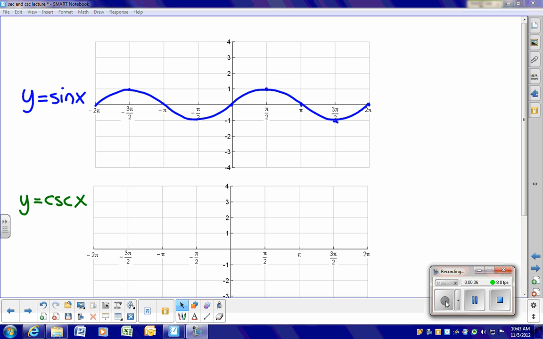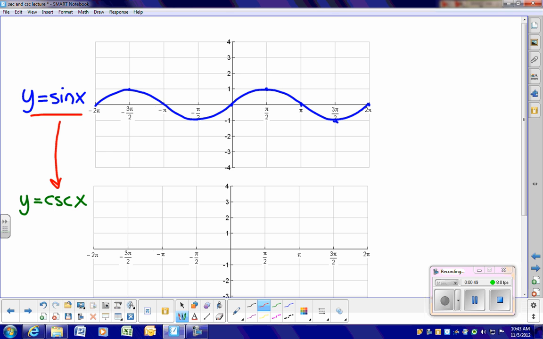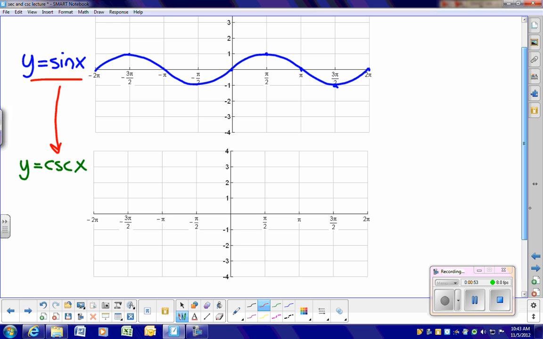In your yellow packet, the very first graph that you have is sine, and this graph that I have in blue on my screen should already be done in your packet. I would like you to open it up so you can see the sine curve and at the same time have the next page open which says cosecant. These 2 graphs I put side by side in the packet because they are related. Sine and cosecant are reciprocals,